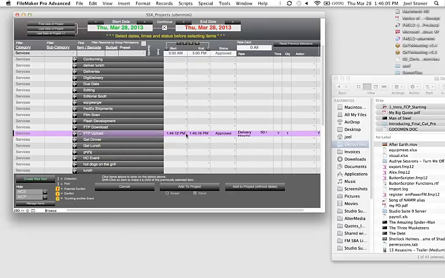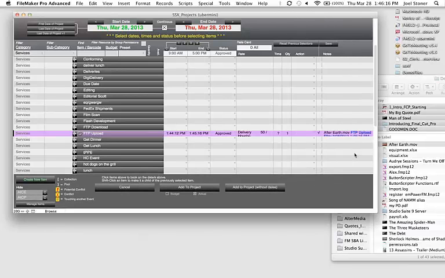It's documenting the start and end time that occurred, and it's putting in a default rate for me. And I could also pick an action if I want to. And if I go over a little bit, I can see that it's also grabbing the information about that. The file name is uploaded on this date and time by Joel to the destination site that we went to. So I'm going to go ahead and add that